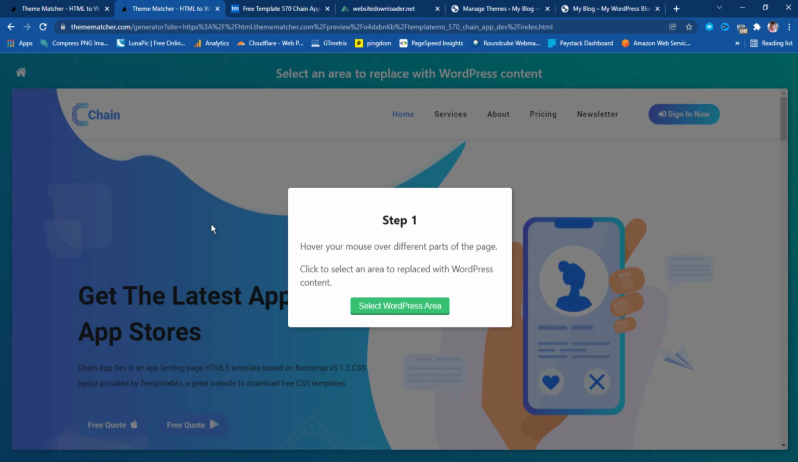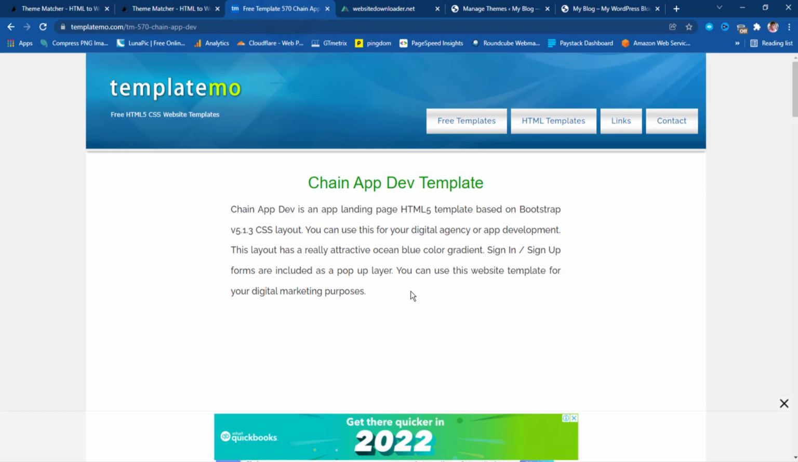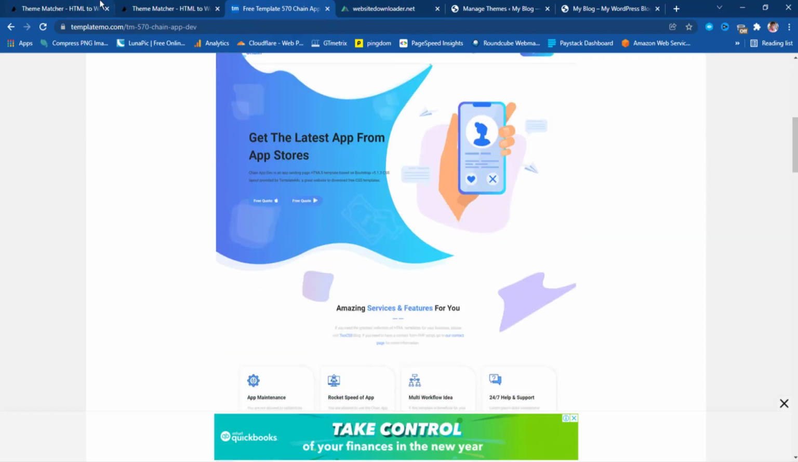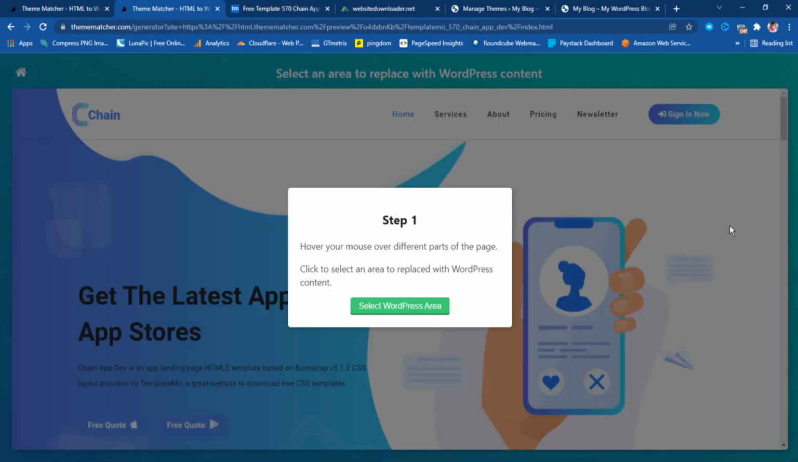All right, so this is done. You can see that I have absolutely the same template here. I have it right now here live. You would see that once you upload the zip, the first step that you'll be told to do is to hover your mouse around different parts of the page, click to select the area you want to replace